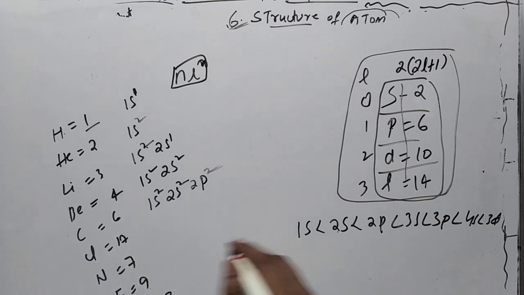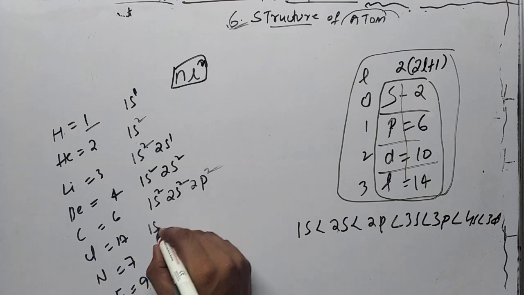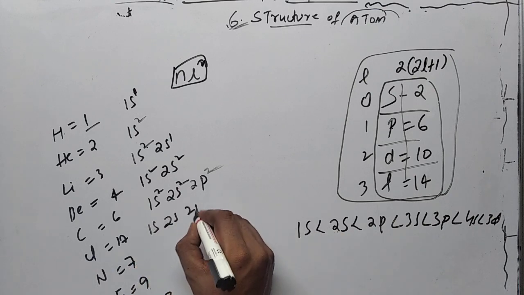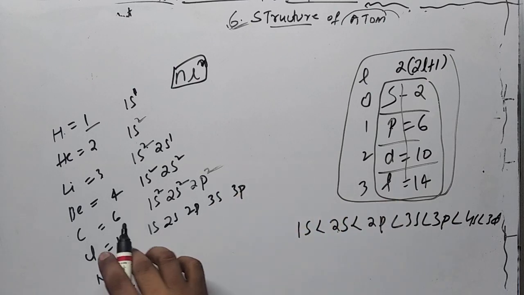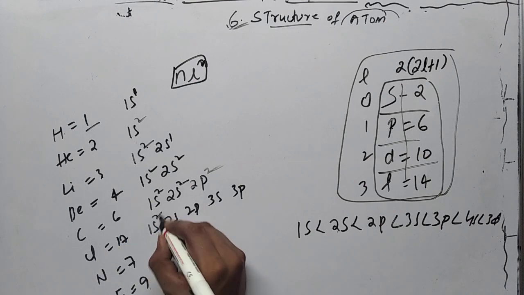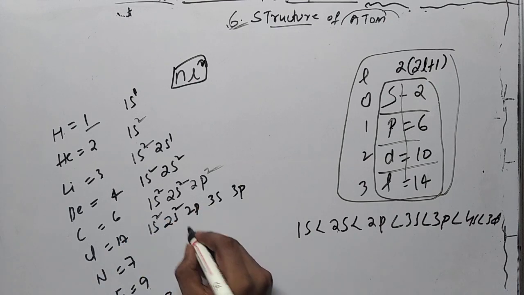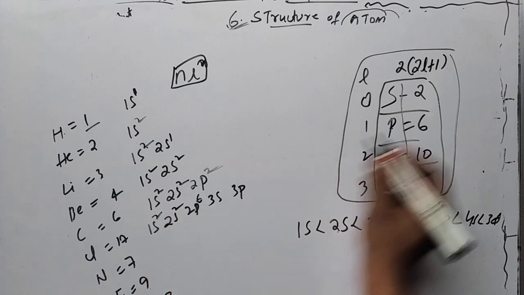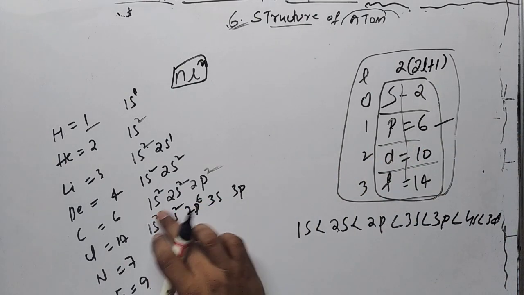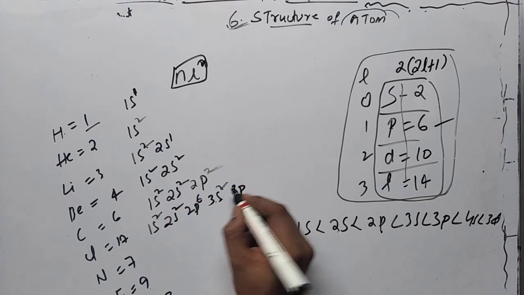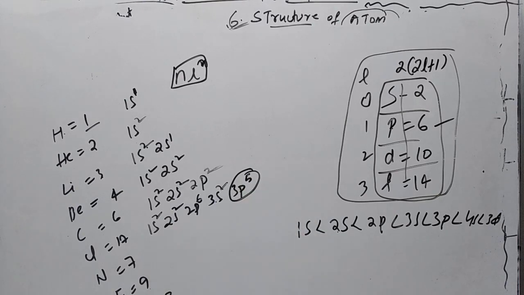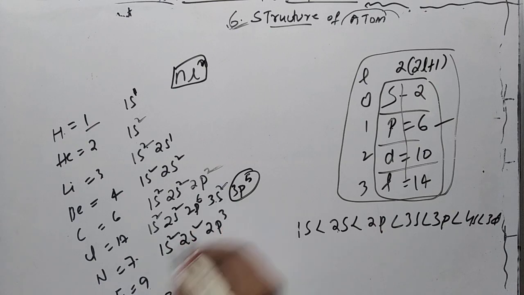Now 17. You have to write the orbitals 1s, 2s, 2p, 3s, 3p. Just write, total 17. First 2 electrons fill the s orbital, the next 2, so 4 are filled. Next, in p we can fill a maximum of 6 electrons, so 6 plus 4 is 10 electrons filled, and 7 are left. The next 2 electrons will be filled in 3s, and 5 are left, and those 5 electrons will be filled in the 3p orbital. So for 17 you can write 1s2, 2s2, 2p6, 3s2, 3p5.